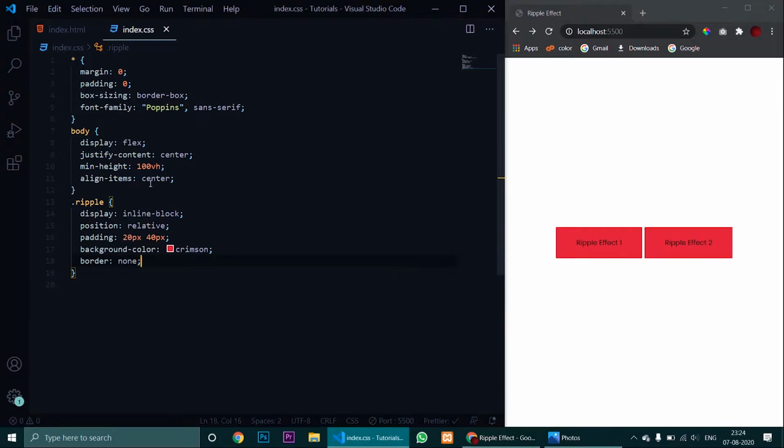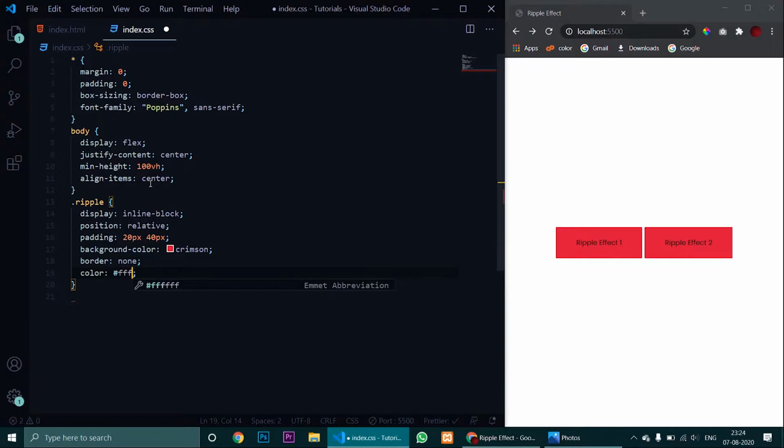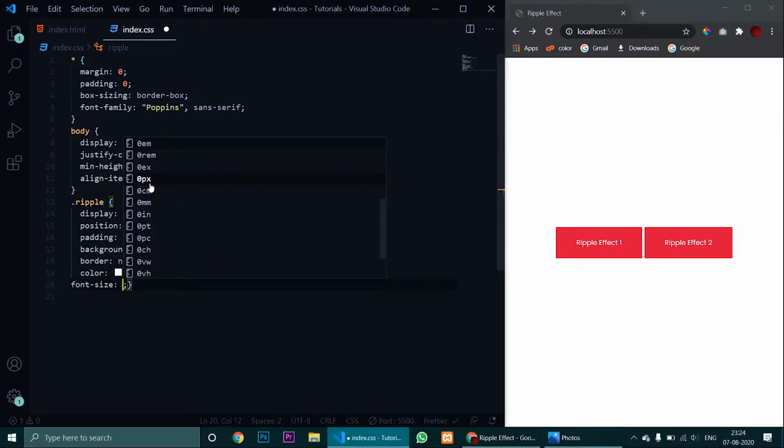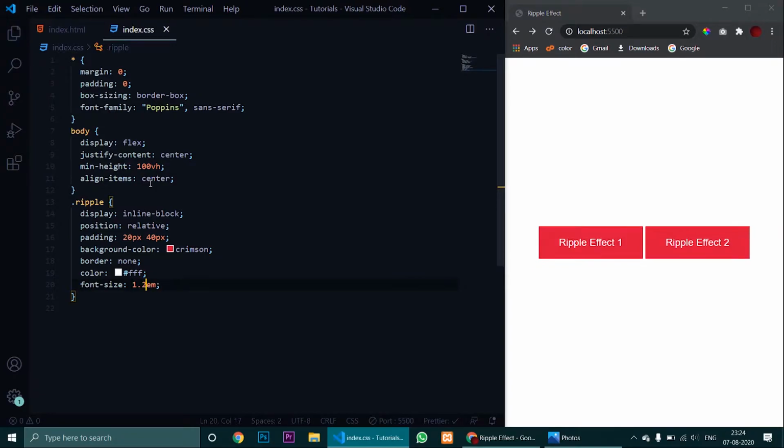Yeah, now they look good. Let's give them a color of white, increase their font size to, let's say, 1.5em. No, that's too big. Let's reduce it to 1.2. Yeah, it's better now.